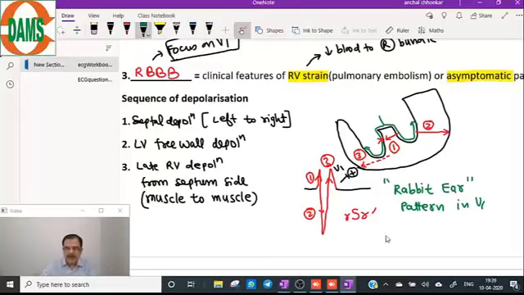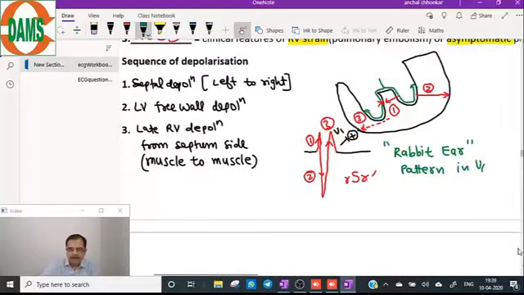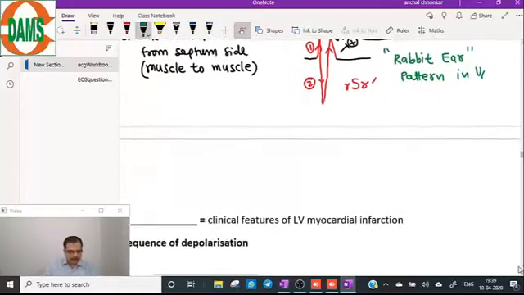Now coming to the fourth abnormality. The third event can be a capital R or a small r. It depends on whether the left ventricle has completed its depolarization or not. If there is a neutralizing vector from the other side, it will be small. If there is no neutralizing vector from the left ventricle side, it will be tall in amplitude. So it all depends on the left ventricle depolarization event. Now come to the fourth event.